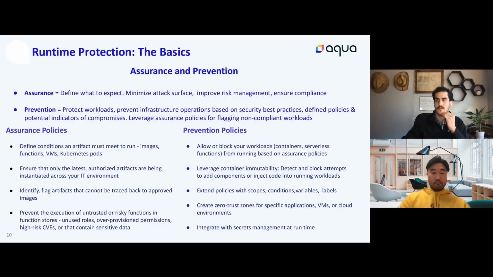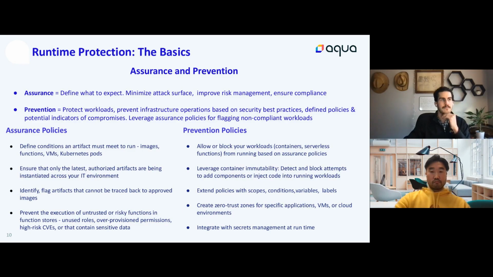So the most straightforward way to define a policy is to move from compliance and look at security best practices. We work quite closely with AWS on the infrastructure security side to look at things like AWS CIS benchmarks and the management and governance lens, which help you understand what is the best setting configuration for your environment. And then moving towards the prevention policies,